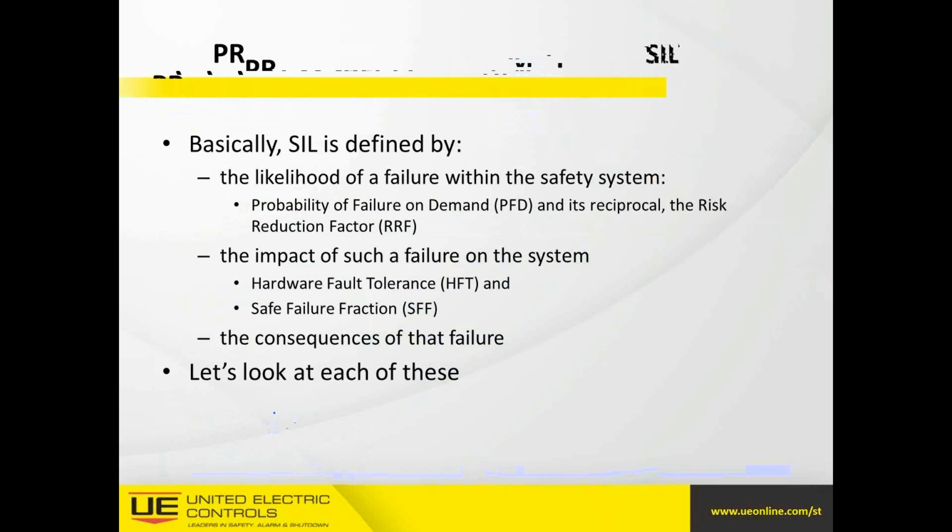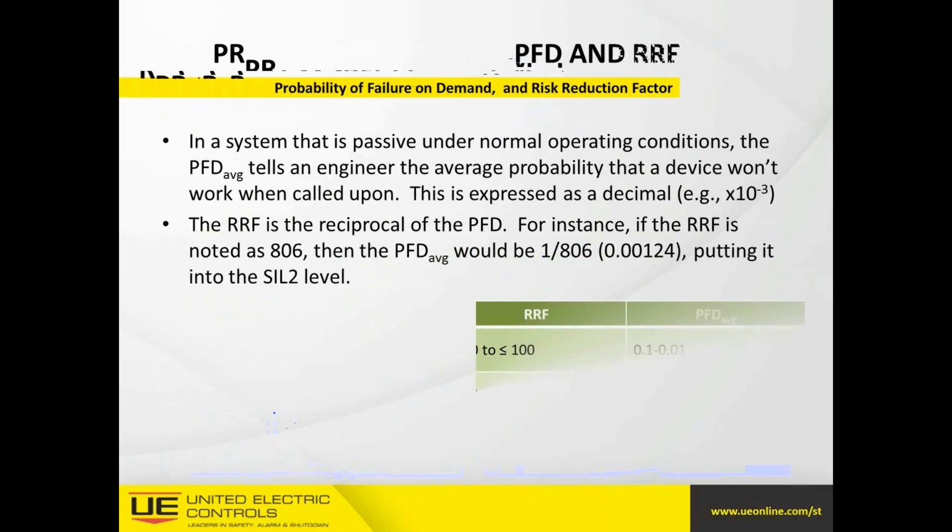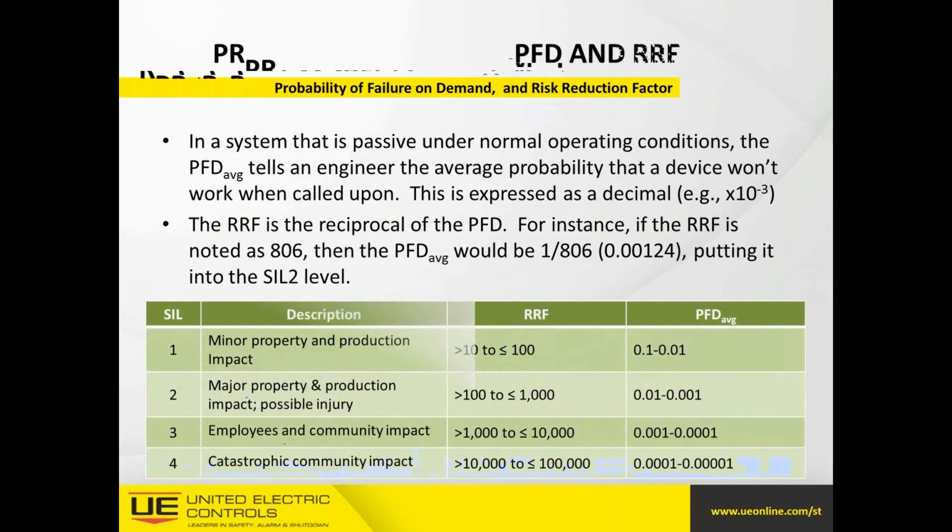Again, all important pieces to calculate the device that's needed to get to the level of protection also needed. So let's take a look at some of these and break them down a little bit. In a system that is passive under normal operating conditions, the probability of fail on demand average tells us the